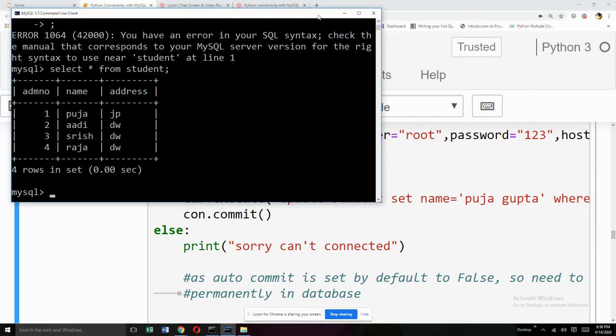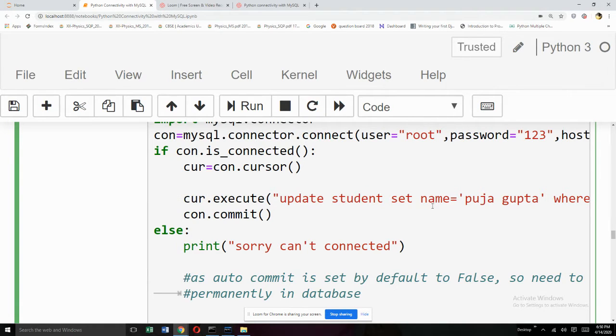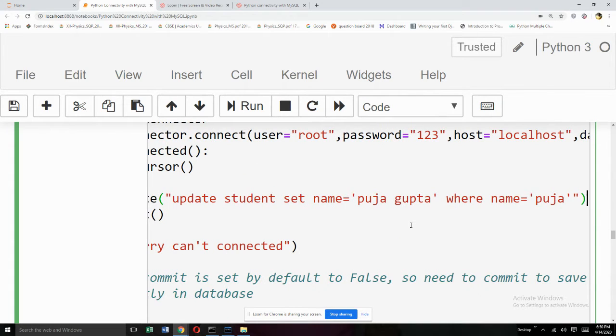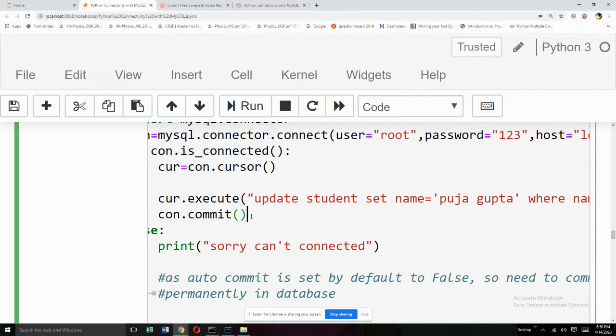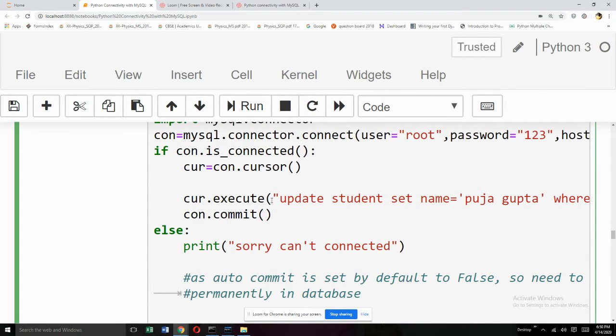So I'm saying update the student, set the name as Pooja Gupta where the name is Pooja. So this query, let me show you the name is Pooja here. Now when you do Python connectivity with MySQL, the set auto commit is by default off. So that means if any change is done to the database, to have it permanent on the database, you need to do commit. So using the connection object, we are going to commit so that the changes are made permanent on the database. So let me run this and show it to you,